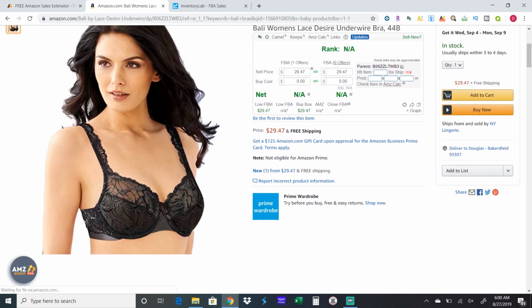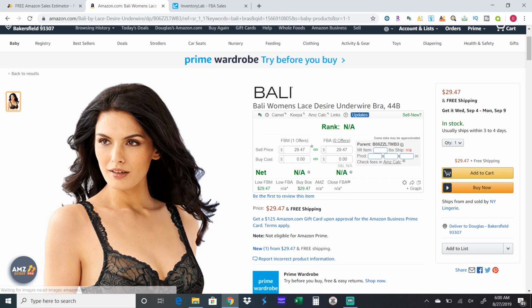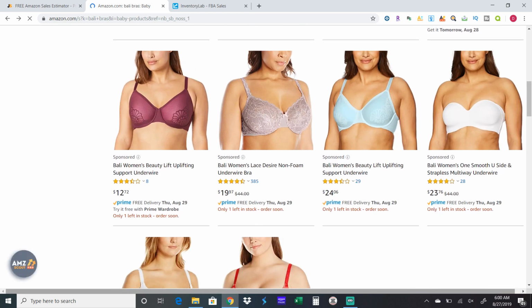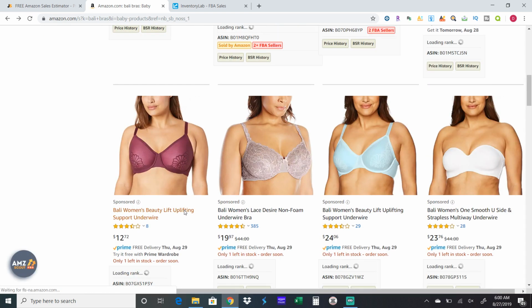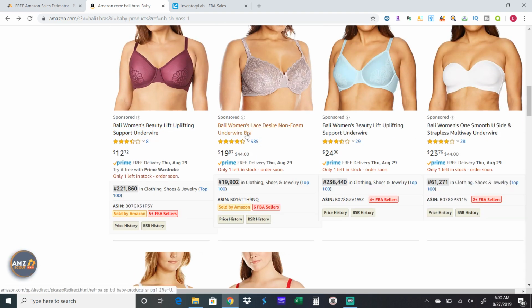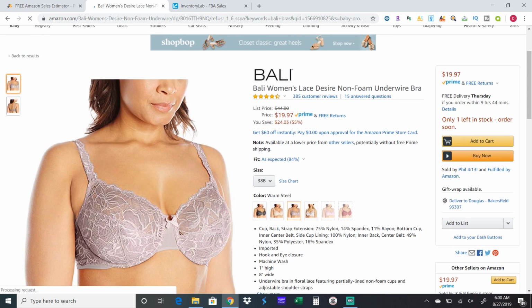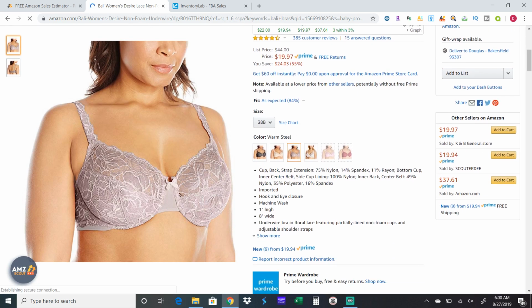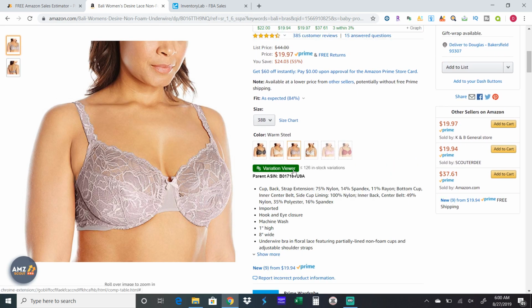So every bra on this listing, of course, this one hasn't sold, so I picked a bad bra. Sorry about that. So let me see. Let's wait for the sales ranks to load up. Okay, so here we go. So the sales rank on this one was like 19,000. So you come down here. So this is the Rev Seller